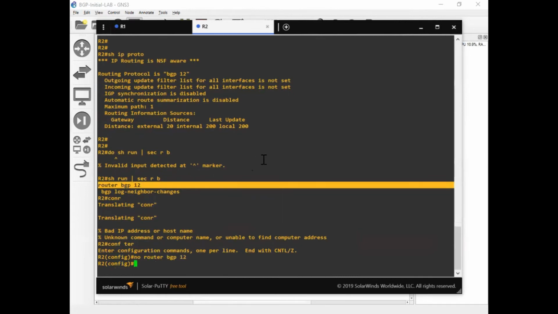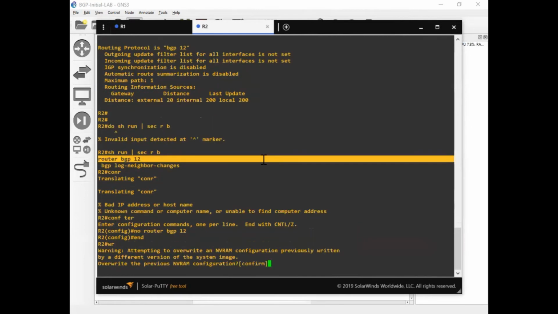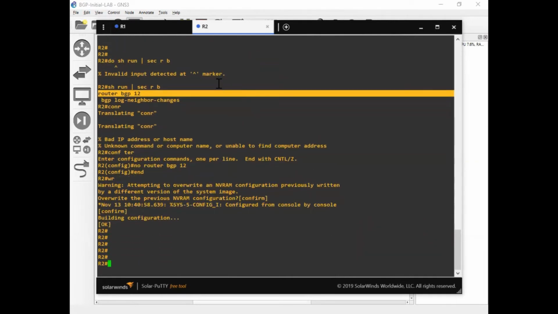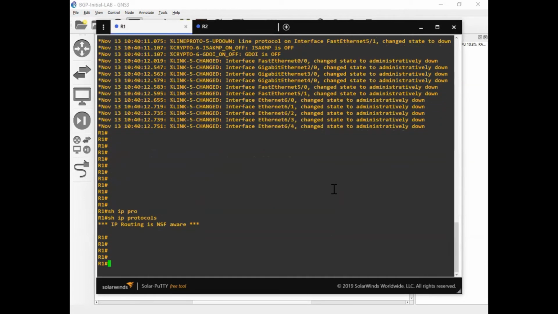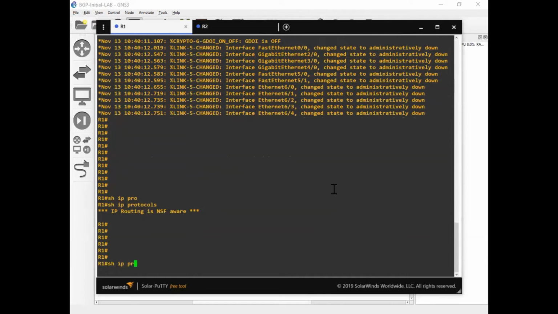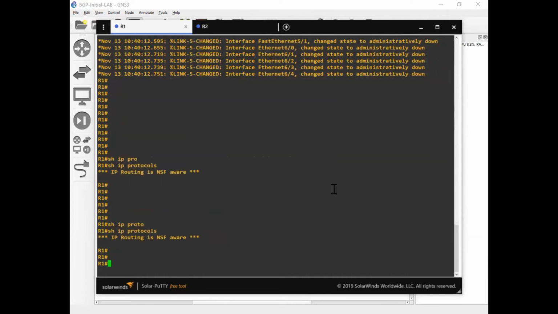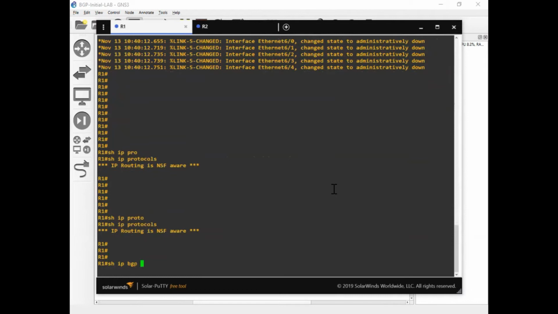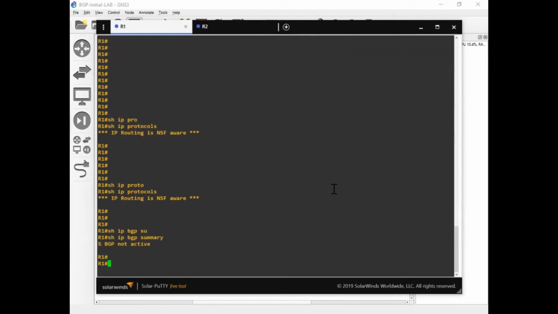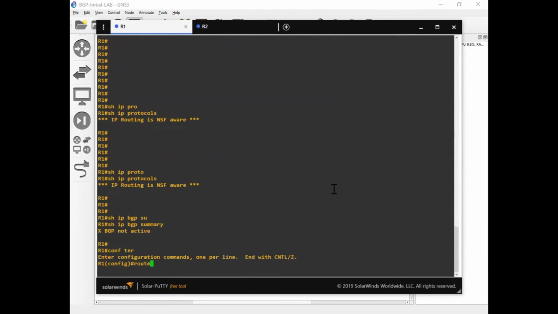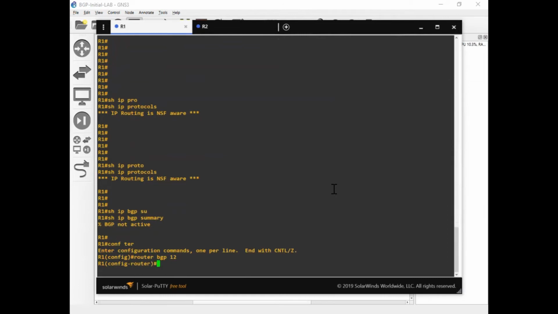No router BGP. Show IP protocol. There is nothing. Show IP BGP summary. BGP is not active. Config terminal, router BGP 12. Okay, maybe let me just say no router